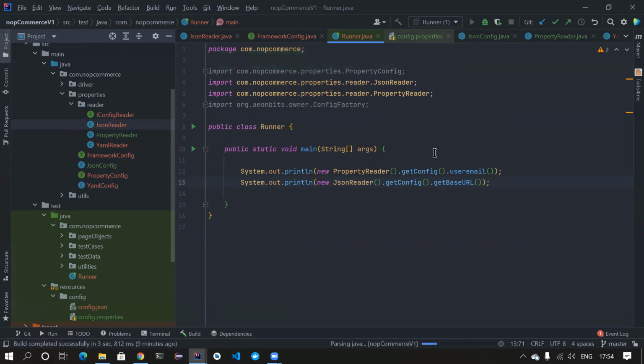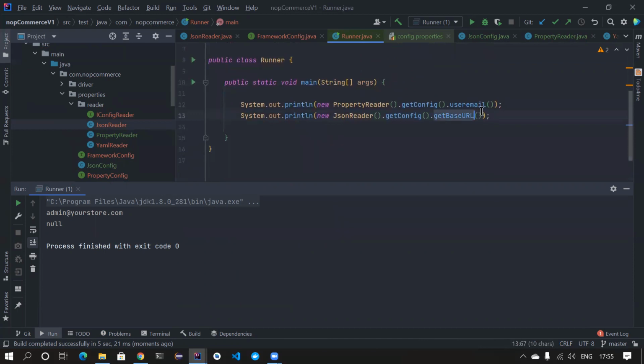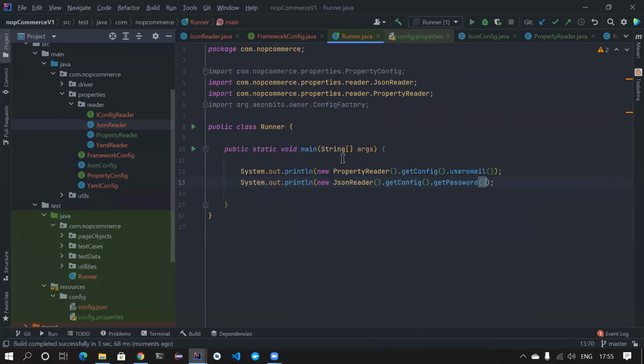So this is how really developers create their code. We are only using all the static methods, doing all the unnecessary stuff. But maybe the get base URL is not available there. That's why it's printing this. So that's the problem with directly mapping, right? So I can print something else. This is how real developers code. They have options for everything. But for now, I'm going to use only